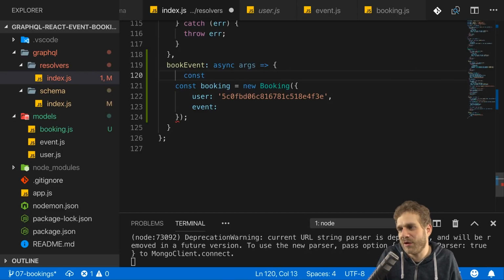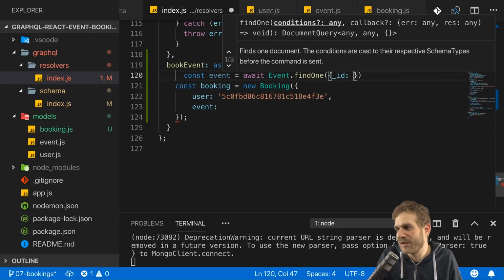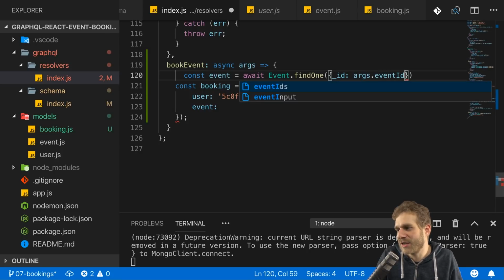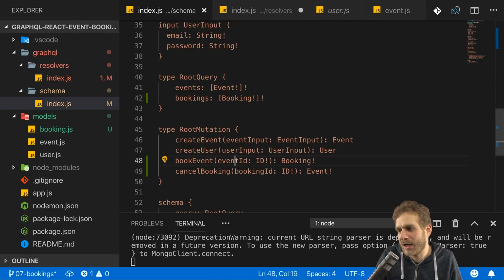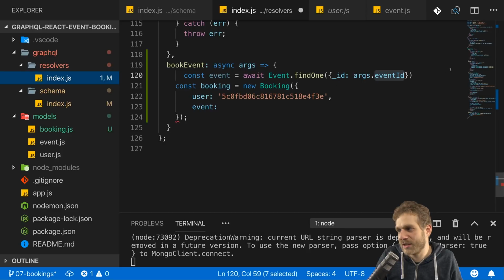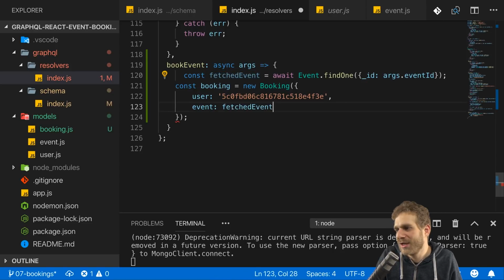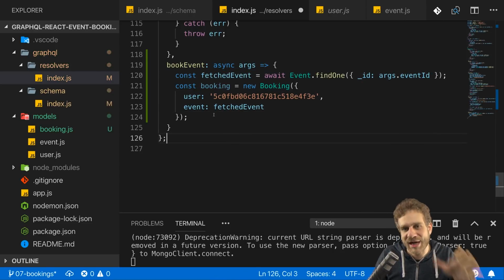So we'll actually, first of all, get the event by awaiting Event.findOne. And there I'm looking for the event where the ID matches my args event ID. Now remember, I will get an argument named event ID because that is how I defined my schema. I need that event ID here, so I can use it here, get that single event. Thanks to async await, I use this syntax, store it in this event here. Could also name this fetched event to avoid confusion, and then assign this in my booking. Timestamps will be added automatically by Mongoose. And therefore here, I can now